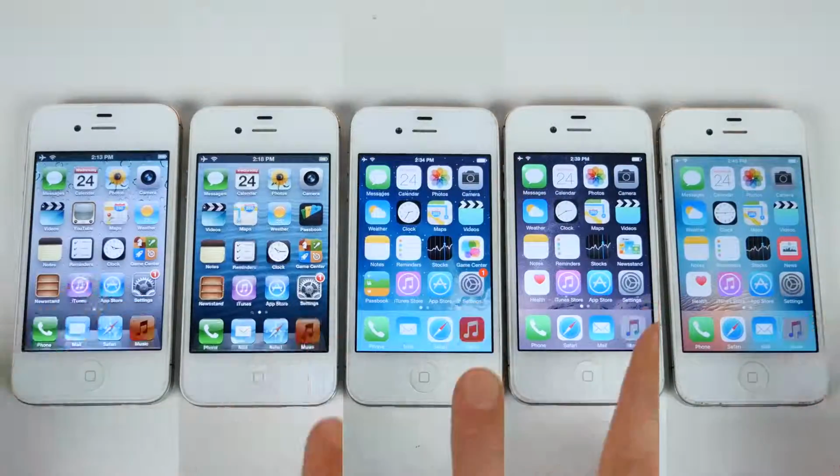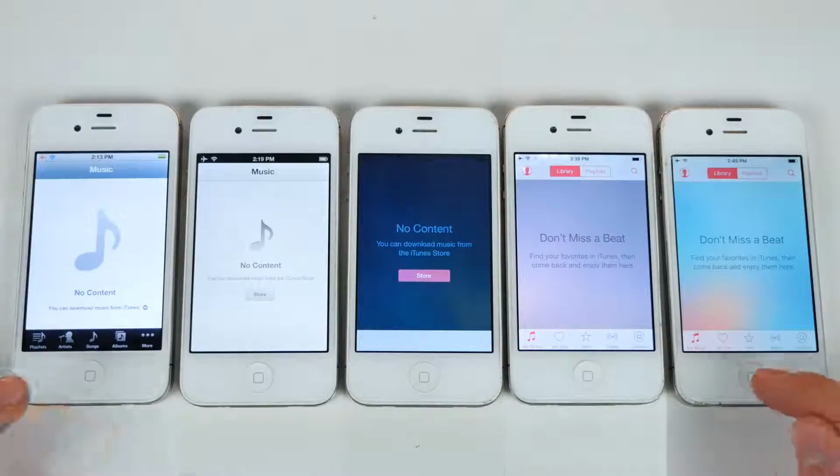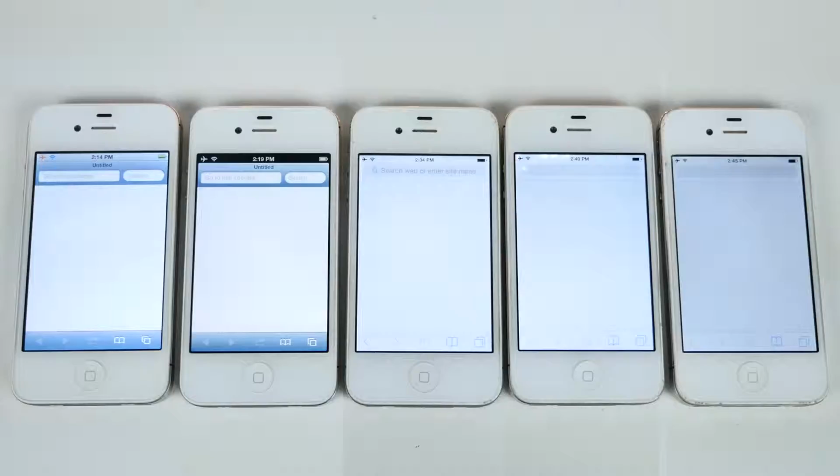Something I use a lot: music. When the newer versions aren't asking you to sign up for Apple Music, they take a while to load on their own. And let's wrap this up here with a Safari test. So loading Safari, pretty quick on almost all of them, a little delay on the newer ones, but